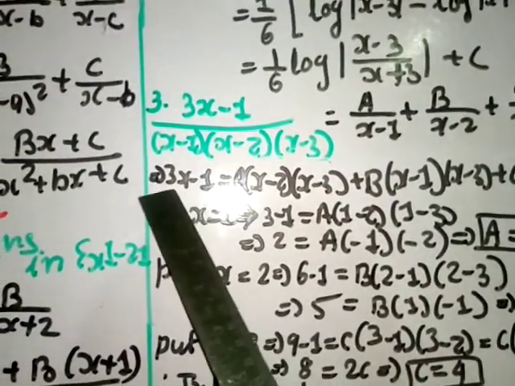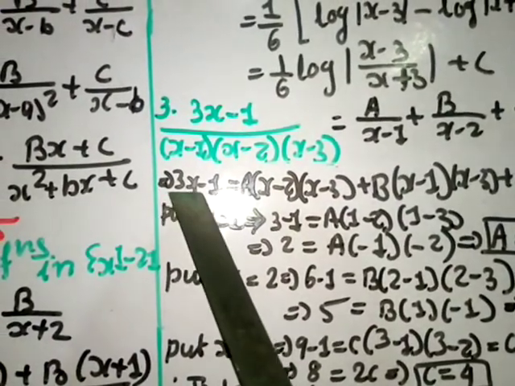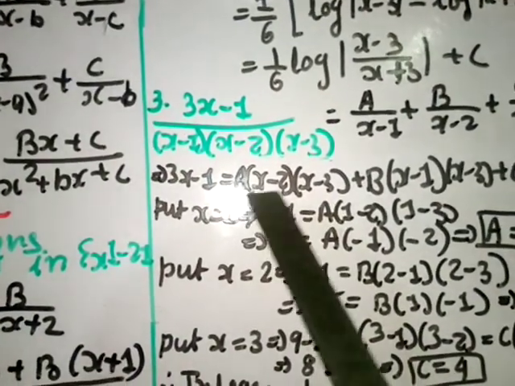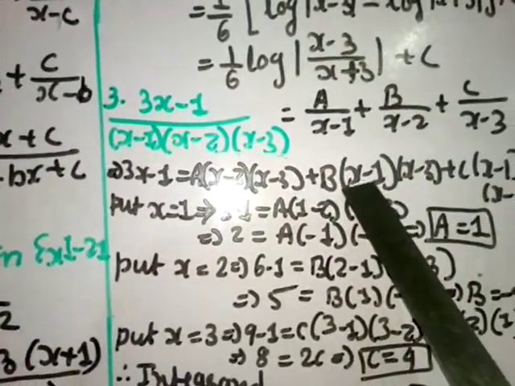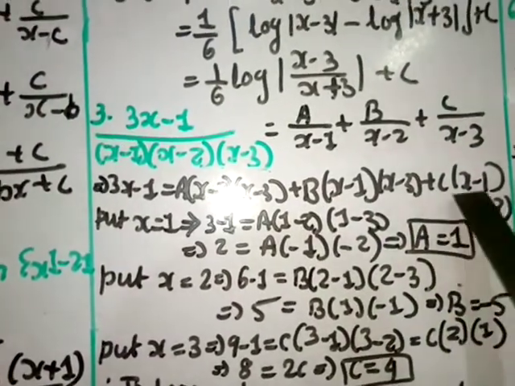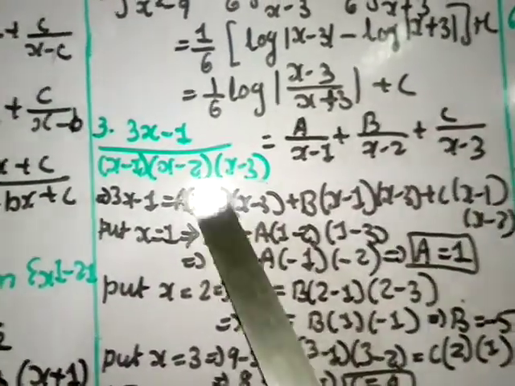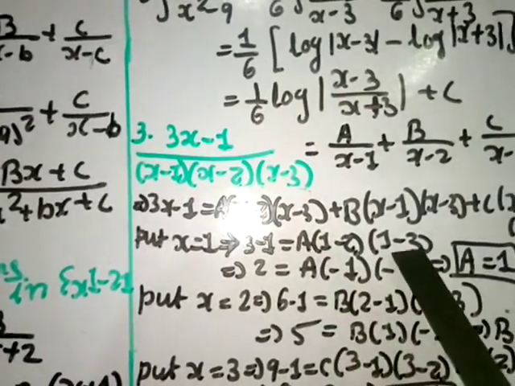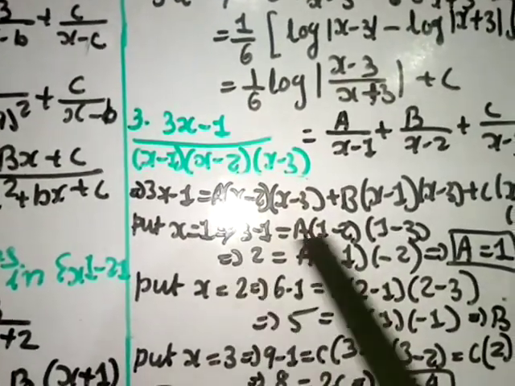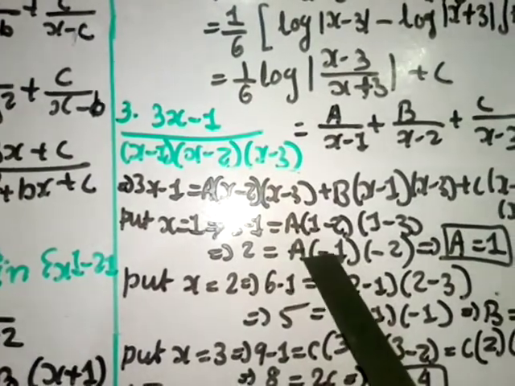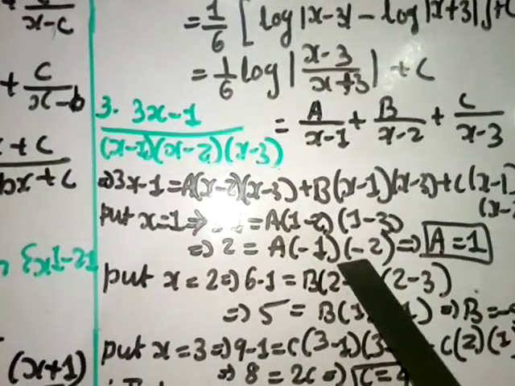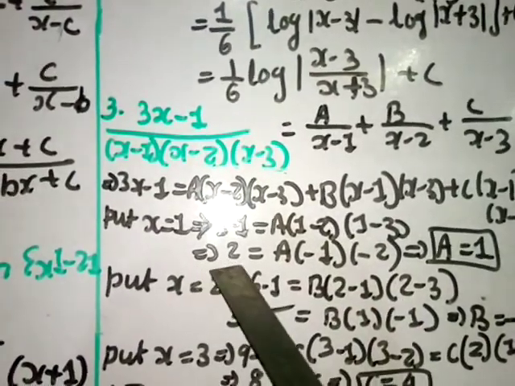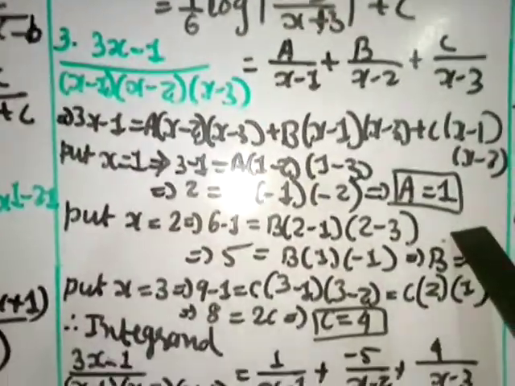So put 1. This side also you have to put, because 3x is there. So you put 3 into 1, that means 3 minus 1 here. Now here this will cancel because 1 minus 1 is 0, so this will become 0. Only this remains. So I put here 1 minus 2, here 1 minus 3. 3 minus 1 gives you 2, minus 2 plus 1 gives you minus 1, minus 3 plus 1 gives you minus 2. So minus and minus is plus, so we get 2. That 2 you transfer here, divide by 2, so you get 1. So a value is 1.